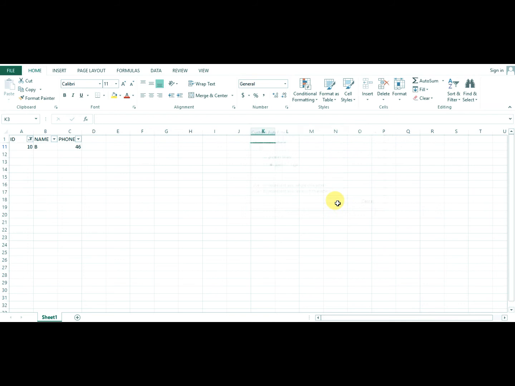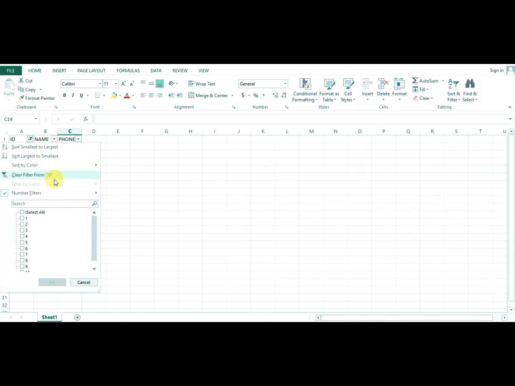Click on OK, and you can see only values greater than 9 are shown in my table, so only 10, 11, 13, 14 and up are displayed.